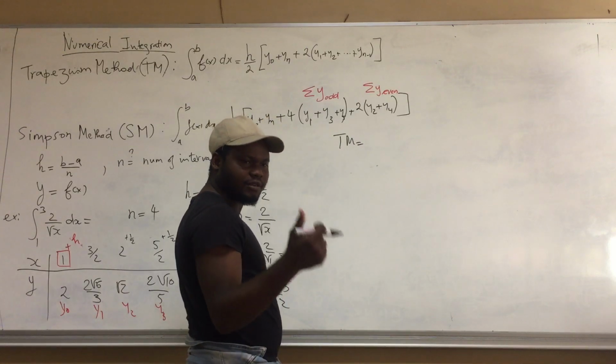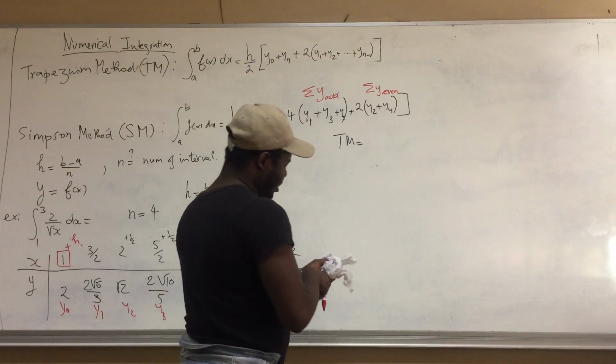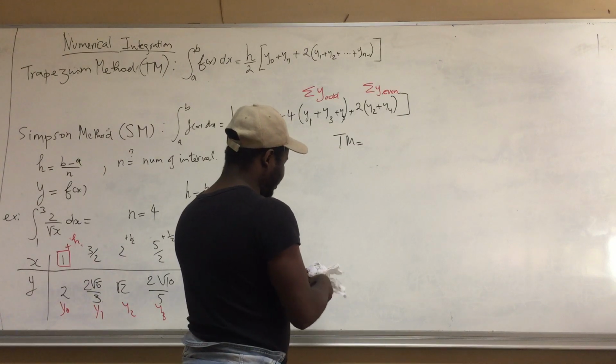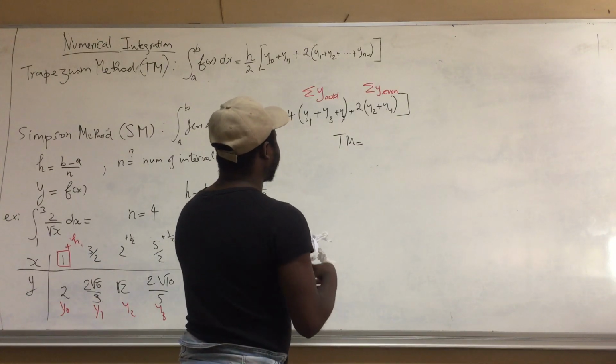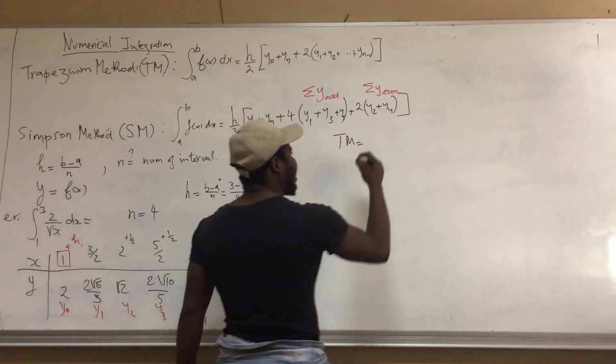Number one, you have to write the formula. I'm sure by now you can remember it. The trapezium formula is h divided by